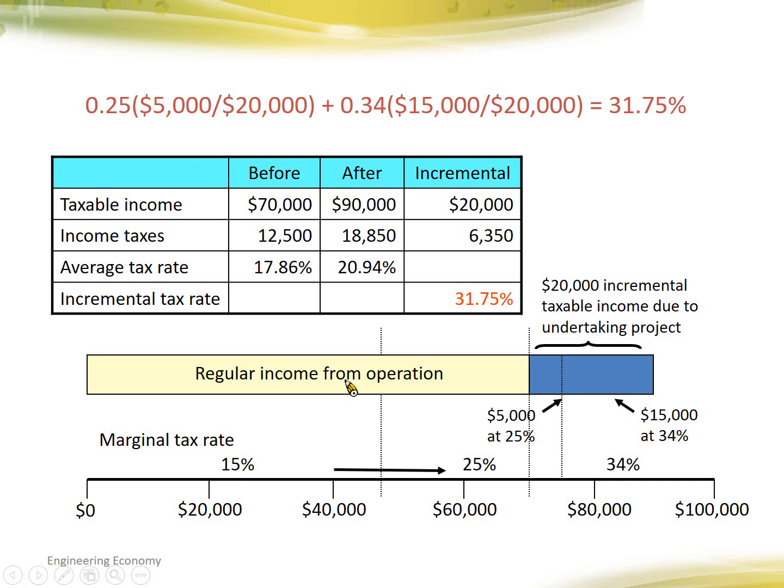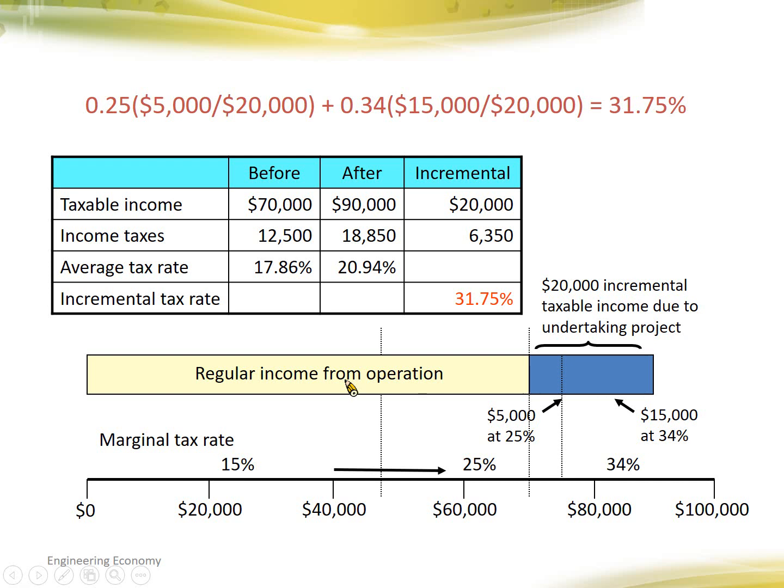This is additional taxable income contributed by this new project, and it will be added to the rest of the projects, and we'll look at the entire taxable income to compute the tax,